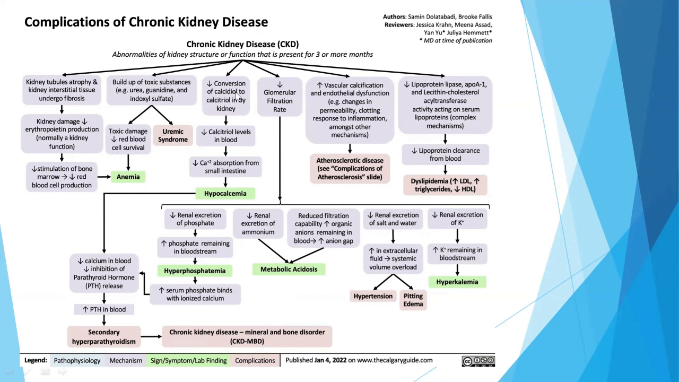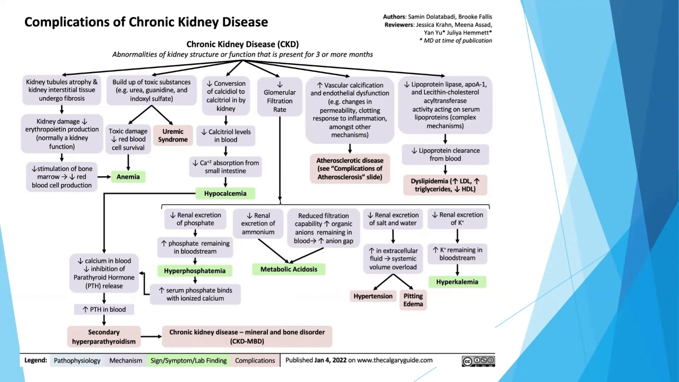The decreased conversion of calcidiol to calcitriol by the kidney leads to decreased calcitriol levels in the blood, which causes decreased calcium absorption from the small intestine, and it will ultimately lead to hypocalcemia. And whenever there is decreased calcium in the blood, it will increase the PTH secretion and cause secondary hyperparathyroidism. And again, due to the decreased GFR, there is decreased renal excretion of phosphate. There is again increased phosphate in the blood, which leads to hyperphosphatemia. This hyperphosphatemia will increase the serum phosphate binding with ionized calcium, and ultimately decrease the blood calcium level into hypocalcemia,